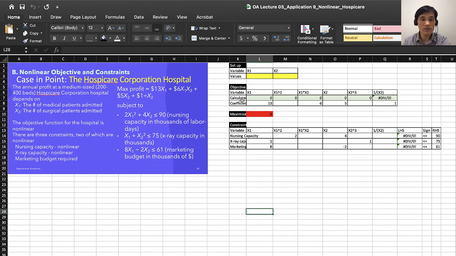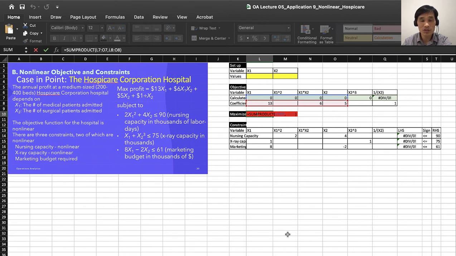And then for the objective, I'm going to put all the variables that we need for the constraints. So all the variables that we have are x1, x1 squared, x1 times x2, x2, x2 tripled, and 1 over x2. So 6 variables I put there, and I only put the corresponding coefficient there: for x1 $13, for x1 and x2 $6, for x2 $5, and for 1 over x2 is 1, right? So I entered these coefficients there, and my sum product function is that